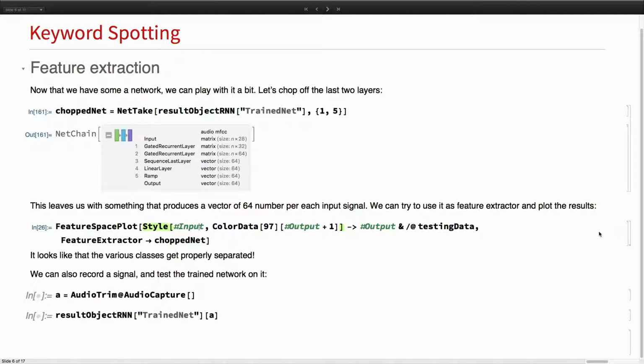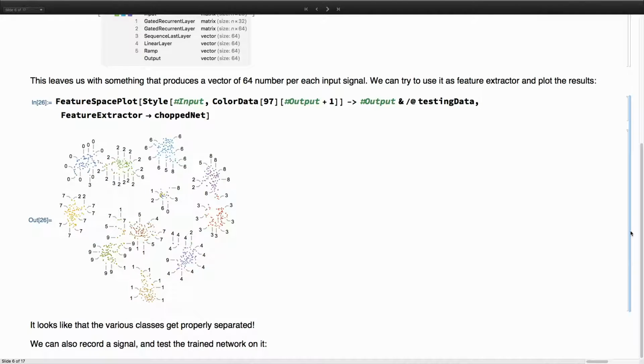And we can use FeatureSpacePlot to visualize all of the testing data. What a feature space plot does is it takes these length 64 vectors per each input and tries to place them in a two-dimensional space in a meaningful way. And as you can see, it does cluster signals with different numbers in the appropriate way.